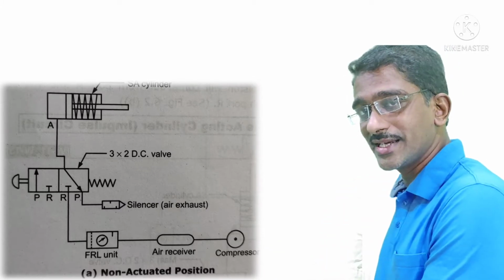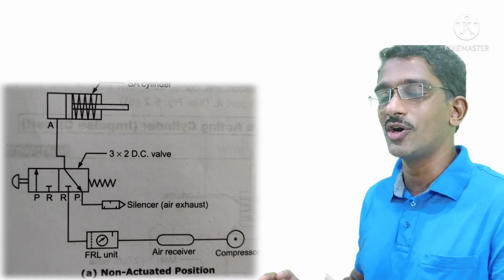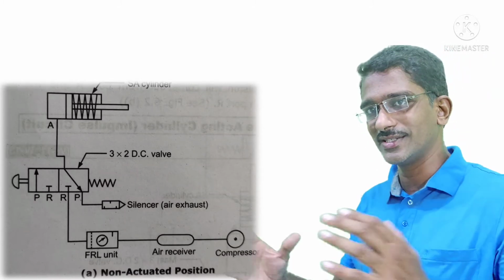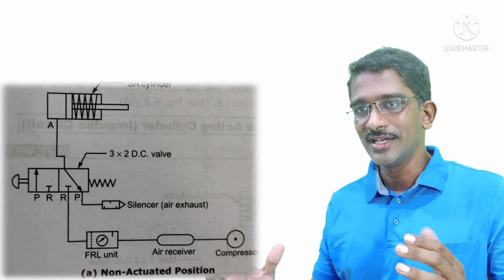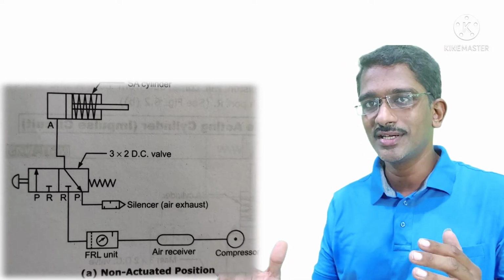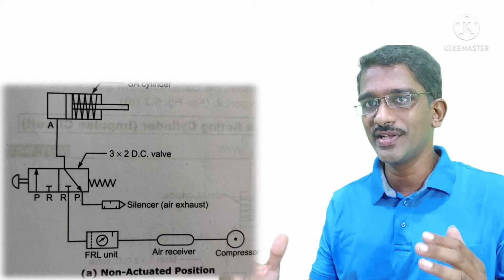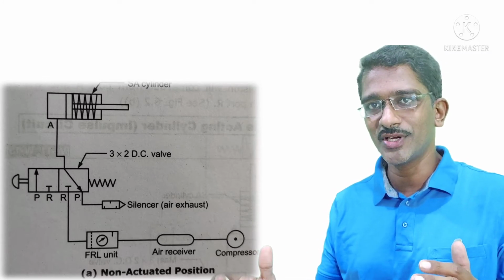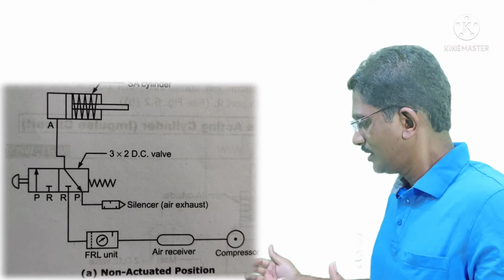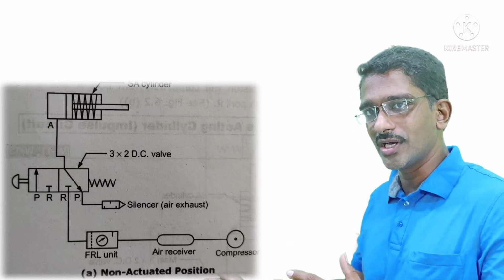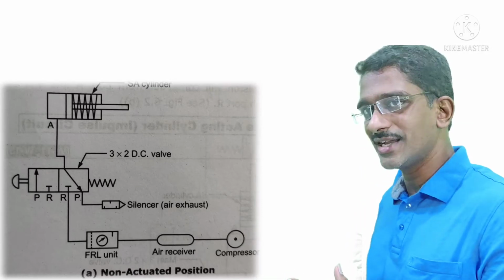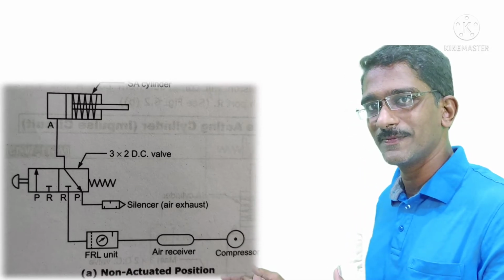Once this compressor starts, it delivers compressed air, that means pressurized air, at the outlet. That pressurized air is stored in an air storage tank, which we call an air receiver. It is one kind of pressure vessel which stores the compressed air up to a certain pressure. After that, the tank has one outlet through which it delivers pressurized air.